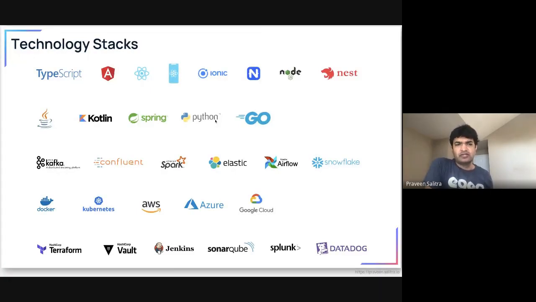Traditionally, we have been a Java or JVM engineering group, but eventually we have moved on to Python and Golang as well. Where we shine are actually the last three, because for the last few years we have had the ability to architect platforms that deal with fast-moving data, streaming data to be precise. We were the first ones to utilize Kafka at that scale. We were the first ones to utilize containers 5 years ago, and container orchestration as well at that point. A lot of things we have made mistakes on, and we learned from that. And these are the learnings that I'm going to be talking about today.